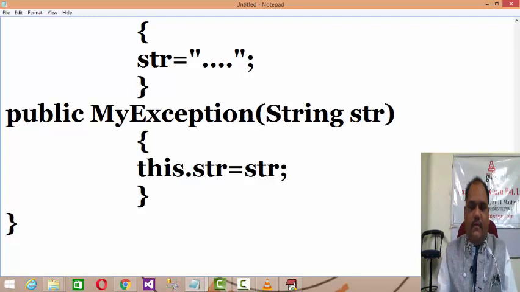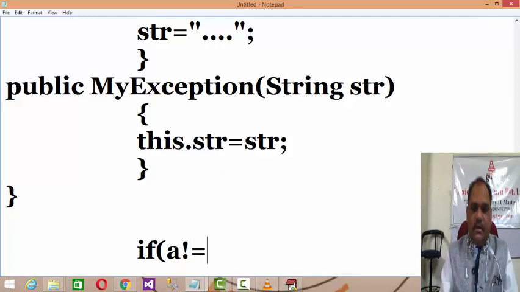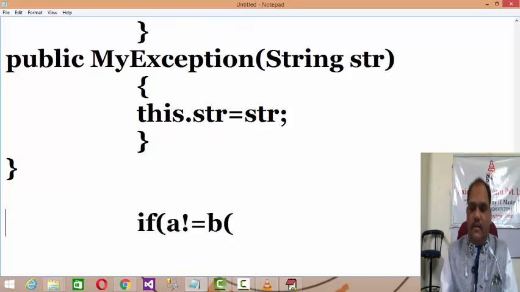Now in this case we created our own exceptions, so obviously they are user defined exceptions, and the Java runtime environment will not be capable of handling them. So whenever you want to raise certain exceptions, you test using conditional branching.